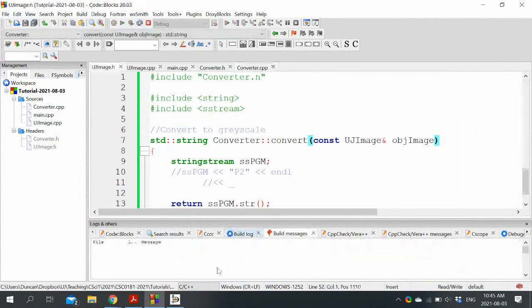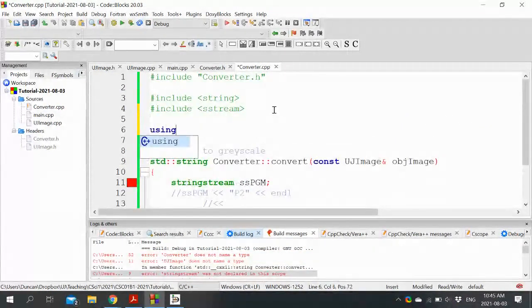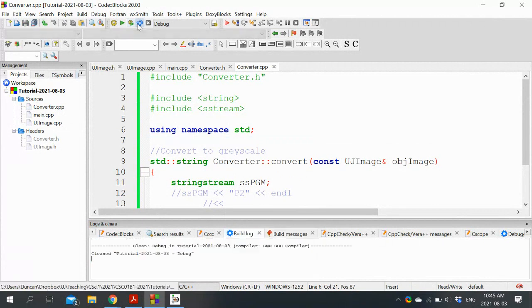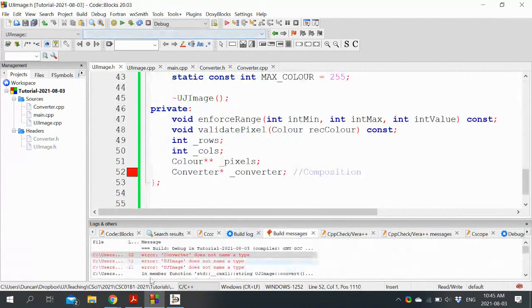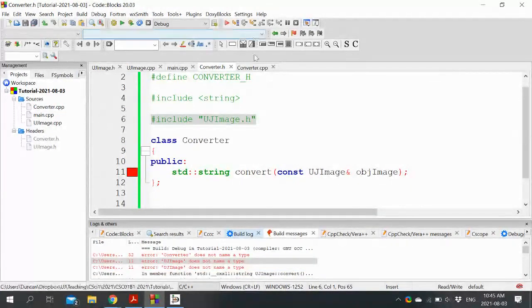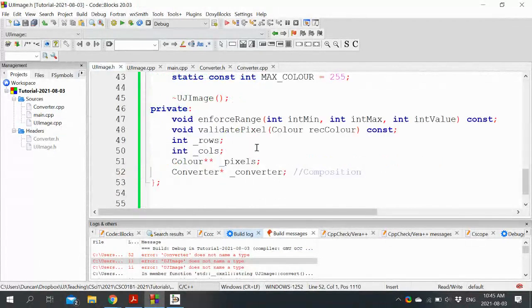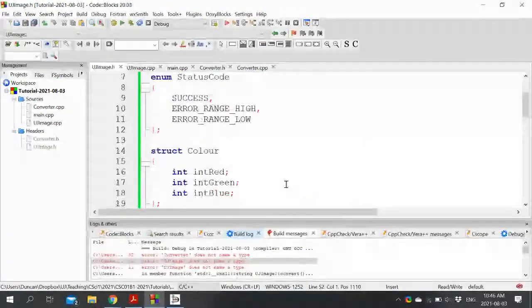So that'll go away, but we'll still have the other two errors. Oh, come on. Fine. Okay. Again. Right. Now we've got this situation. The UJ image needs to know about the converter, and the converter needs to know about the UJ image. How do we break this cycle?